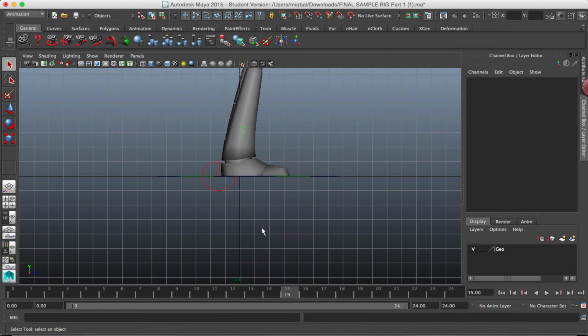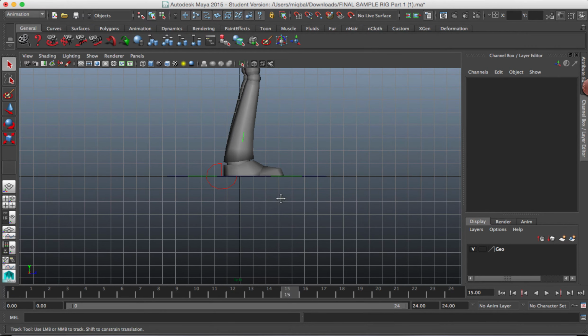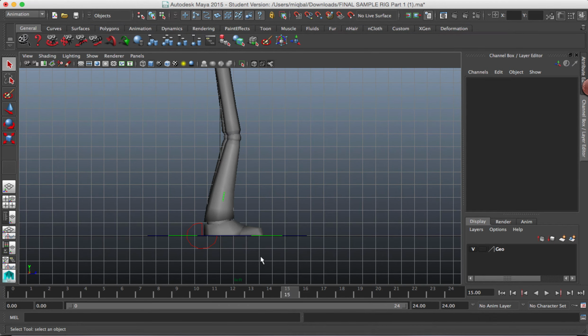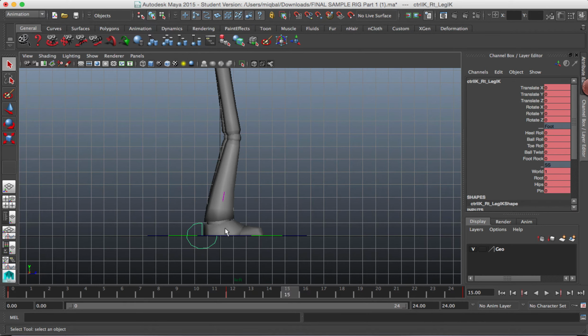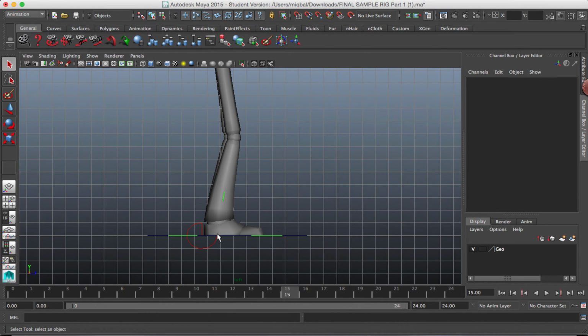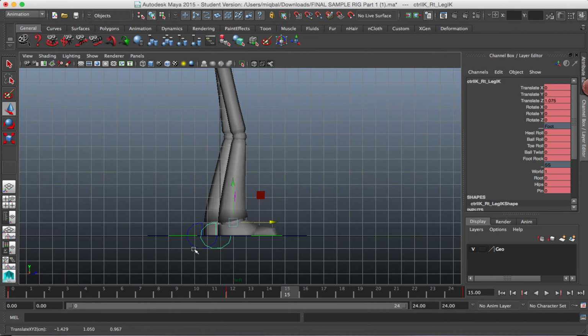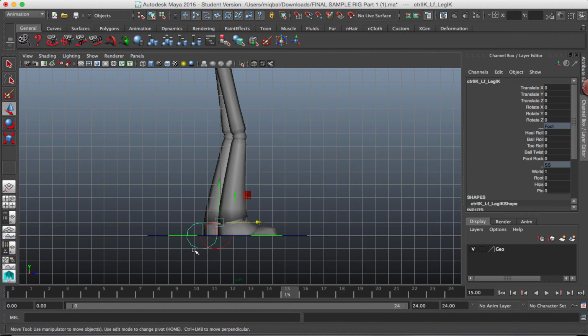We move towards the left view by pressing space, Maya, and perspective view, and then I need to click on the right leg. Since I came to the left view, I need to click on the right leg. Just move this forward a little bit. Yeah, this is the guy we need to select, the left leg. So